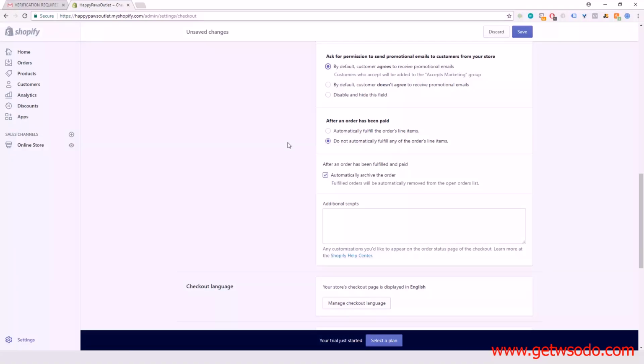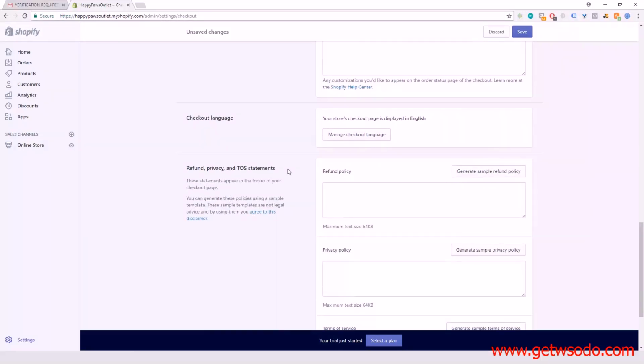That is because we're going to be using an app for drop shipping, and that's what's going to make this whole process amazing because it's an app that allows us to import products from AliExpress, and basically we're going to be drop shipping products from China without ever touching those products. We're going to leave that as it is, and this we're going to leave checked: automatically archive the order. So we're going to continue on. This all looks